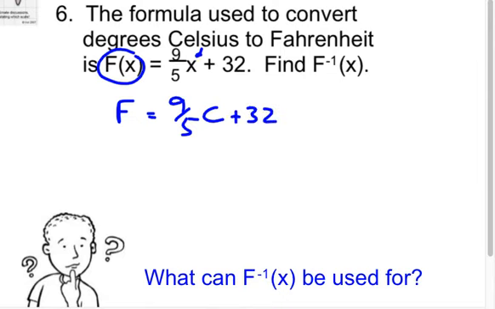They want us to find the inverse for this. I'm definitely not going to work with f inverse of x. I'm just going to solve it for C, and that would be the inverse of this function. Right now I could plug in a Celsius temperature, multiply it by 9/5, add 32, and that would be Fahrenheit. What if I had Fahrenheit and I wanted to find Celsius? Well, that's when you'd want a different formula. So we're going to subtract 32 and start solving for C, the other variable. I get Fahrenheit minus 32